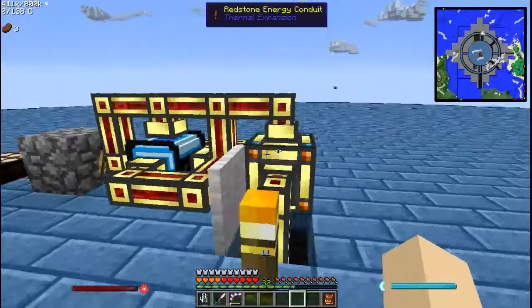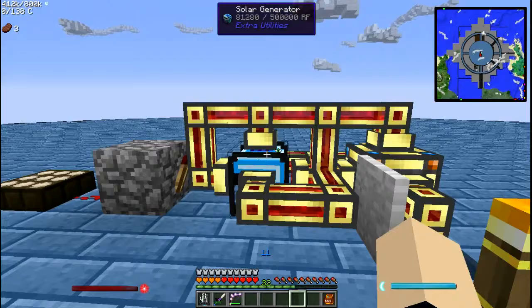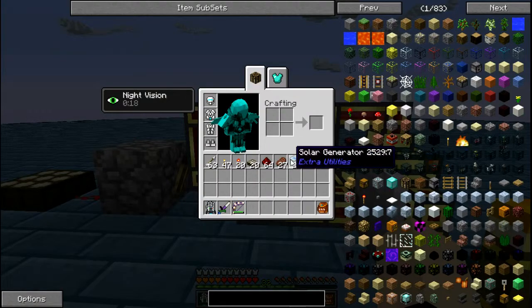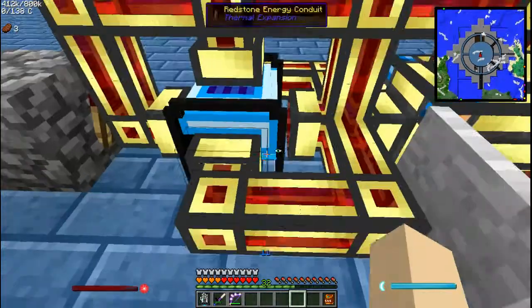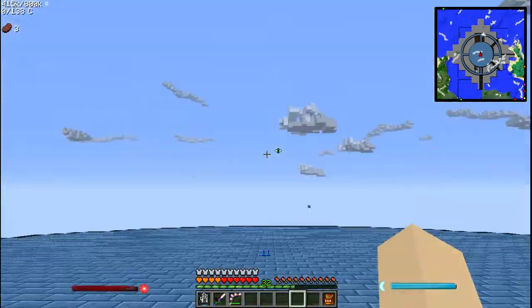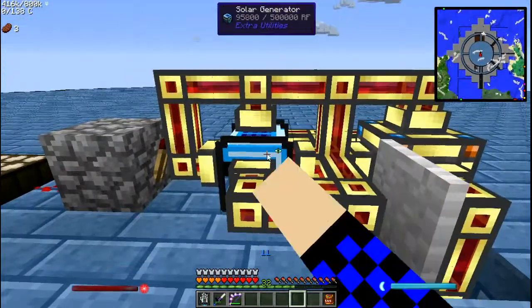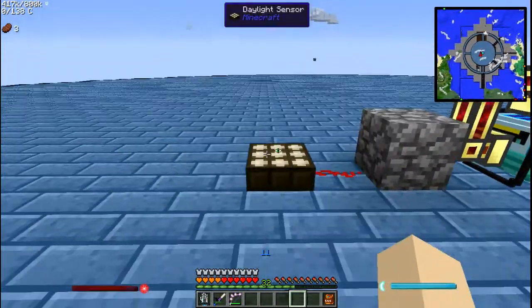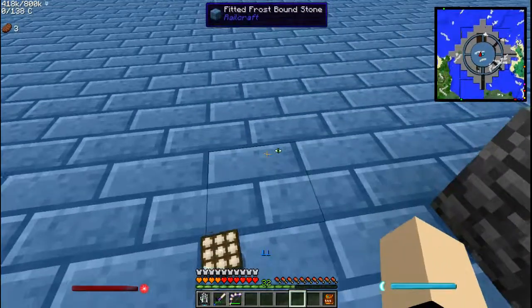Anyways, let's see. So I have this up here. These solar generators from Extra Utilities, they're not completely inexpensive, but for us it's not really a big deal. It does require a block of diamonds for just one, but that's because they are solar generators, so they produce RF from the sun. And a way that I thought of automating this was using these regular Minecraft...